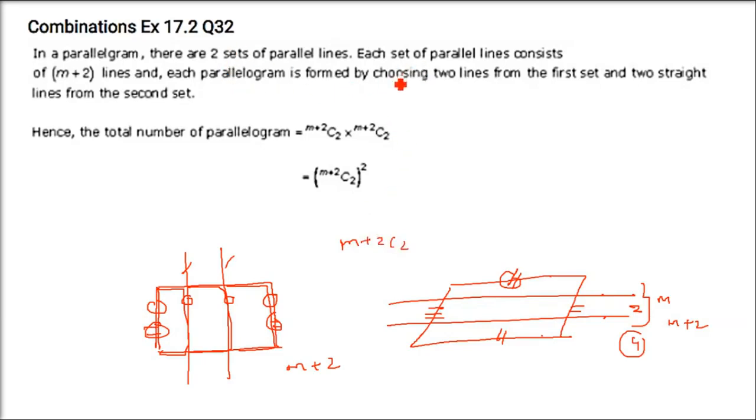That is when you have horizontal parallel lines. This is M plus 2 C2, you are selecting 2 from these M plus 2 lines. And if you take horizontal, and now the vertical, so M plus 2 C2 for the horizontal, and M plus 2 C2 for the vertical also. Right? M is the parallel lines, 2 is the opposite sides, that will make parallelograms. So you are taking 2 lines at a time, 2 lines will make a parallelogram. So M plus 2 C2, M plus 2 C2, one for vertical, one for horizontal. So M plus 2 C2 whole squared will come.